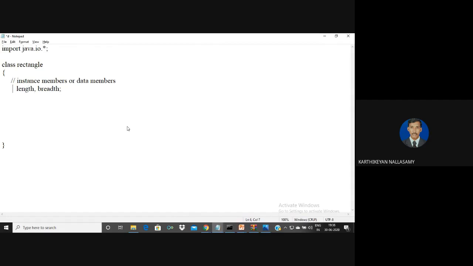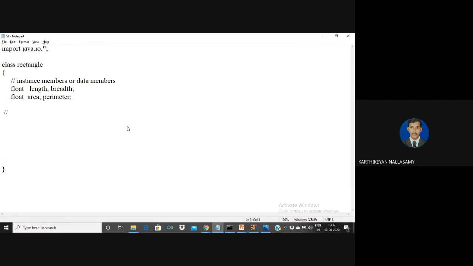The length and the breadth of my rectangle are fractional numbers, so I am going with the float data type. Then I am going to calculate the area and perimeter, so during calculation I need two amounts of memory: one is area, another one is perimeter. So these are the four memory locations needed for storing the values for the class properties.